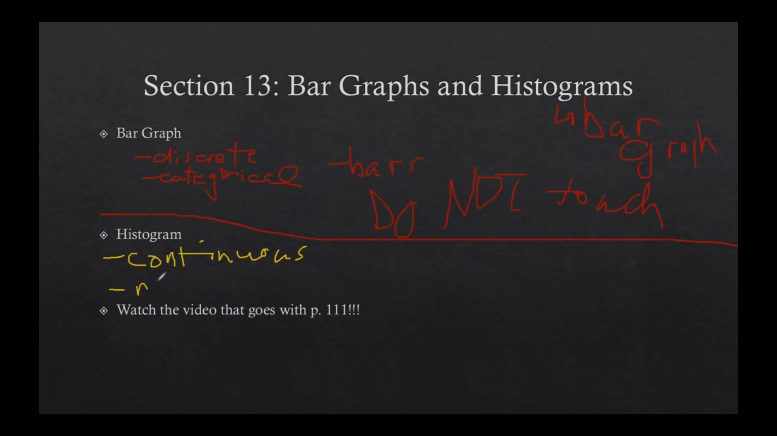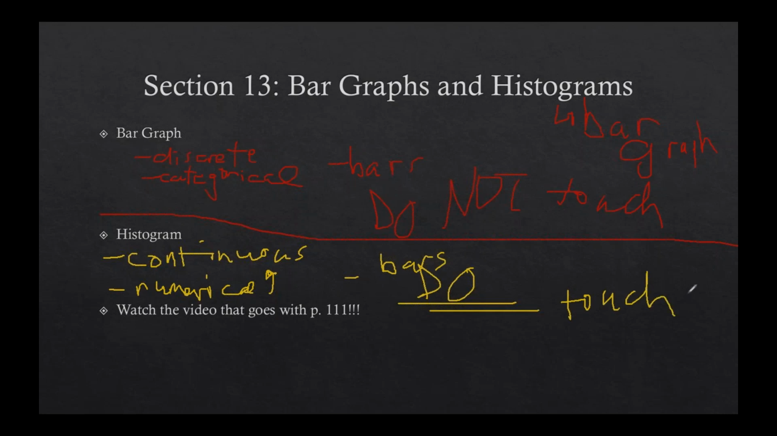We also talk about a lot of numerical data is continuous, right? Still has to be continuous data, but that's another way we think about it. And the big thing here is that the bars do touch. And they touch because there's fluidity within your data. And that's the big difference between the bar graph and the histogram, is that in a bar graph, the bars do not touch. In a histogram, the bars do touch. And it's because of the type of